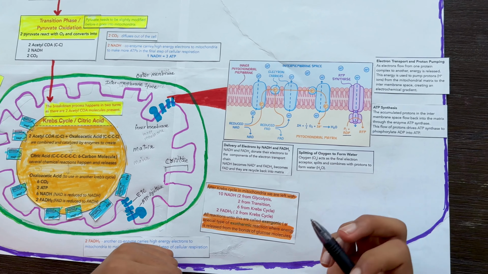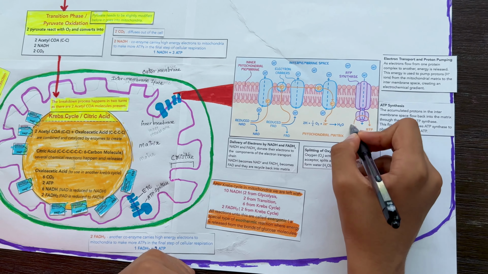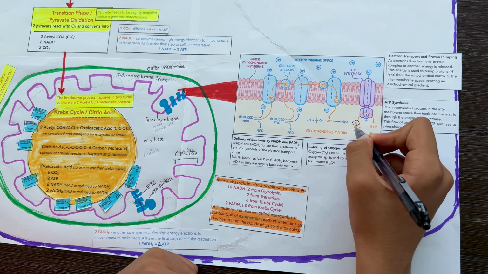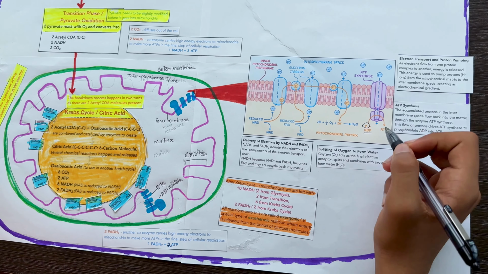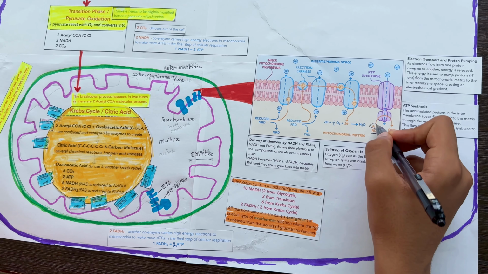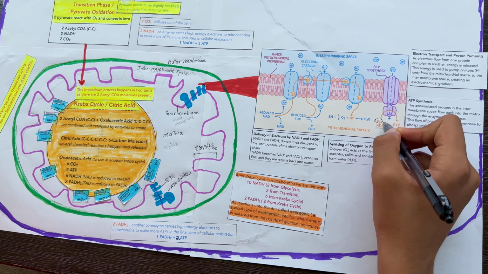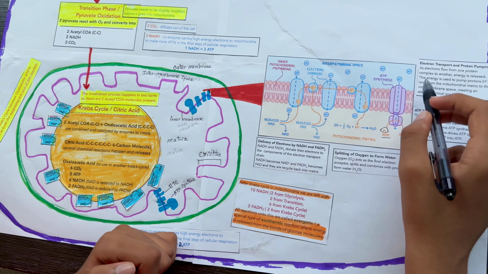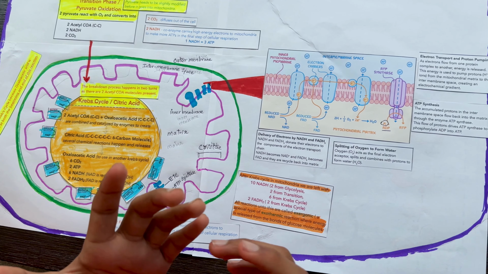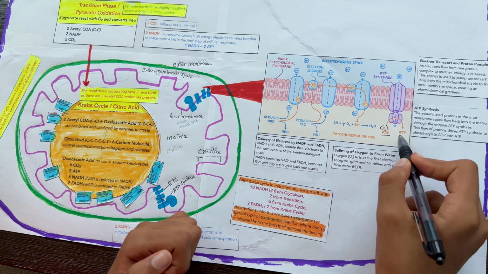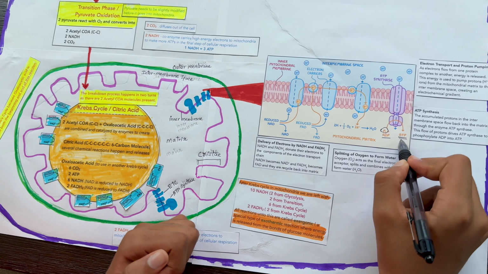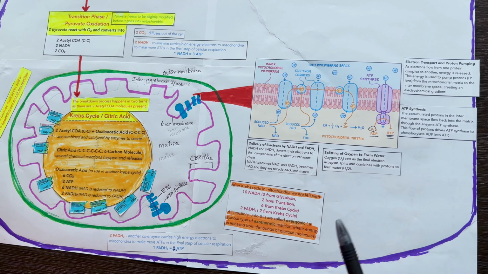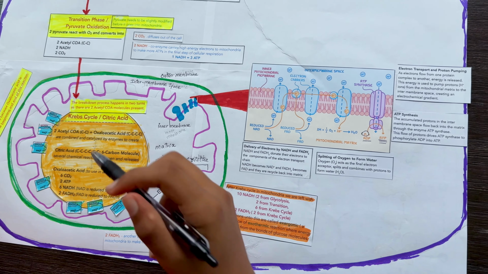ADP is basically similar to ATP except it's lacking a phosphorus atom. Because it's lacking a phosphorus element, the energy from the proton gradient needs to push that phosphorus element to join with the ADP, hence creating ATP. Now that it's created ATP, let's calculate how much ATP is made through this entire